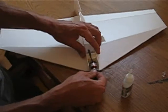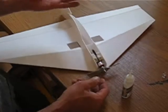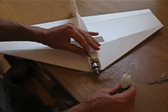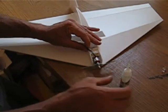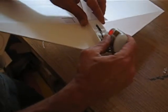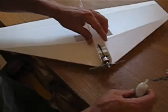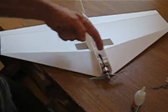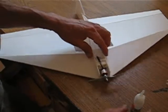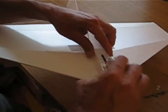Okay, I placed this into position and some of my glue leaked out, so it's already stuck in place. I didn't get to really show you that, but simple, obviously. Just place it into the fuselage where it goes. Once again, use the thin CA, wick some down the sides, down the back. I would have already put some medium CA on the firewall before placing it in. A couple drops on each of the three sides,